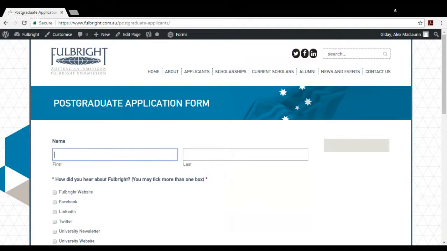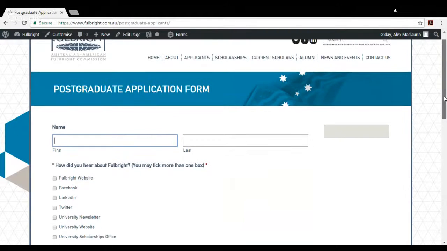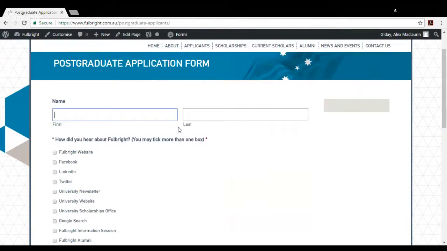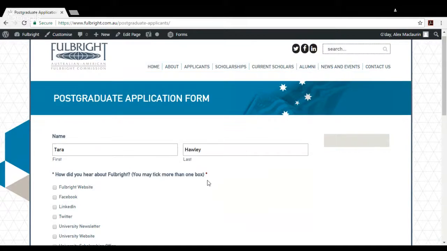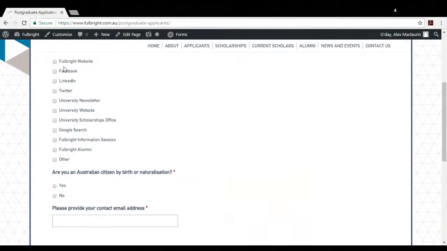So this is taking you to just a basic form, which is our final real check for eligibility before you access the application materials. And this gives us a little bit of information about how you heard about the scholarship or how you heard about the Fulbright program. So let's say we heard about it on the website. It's double checking that I'm an Australian citizen